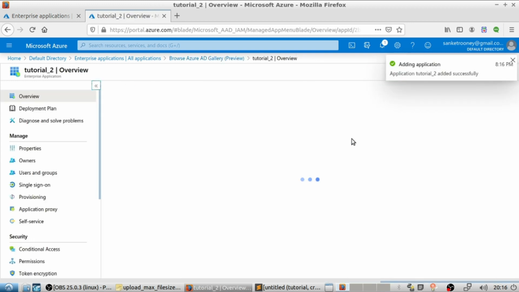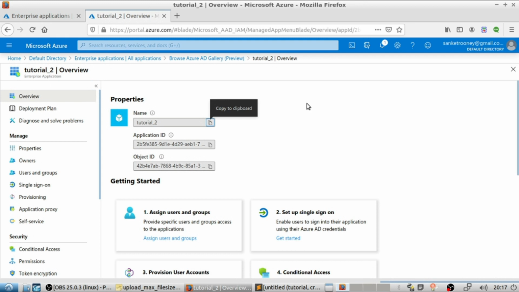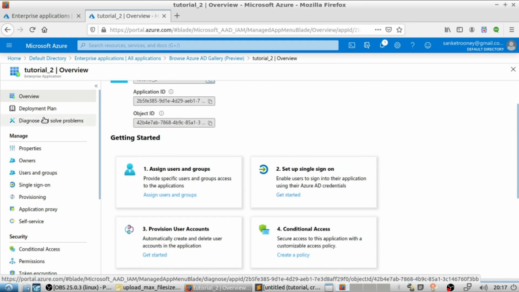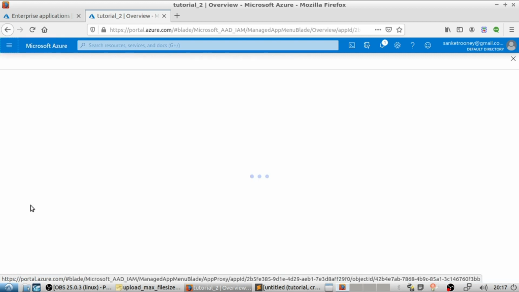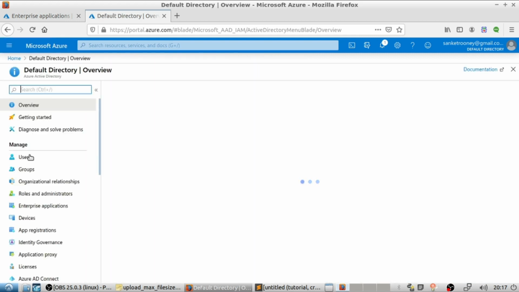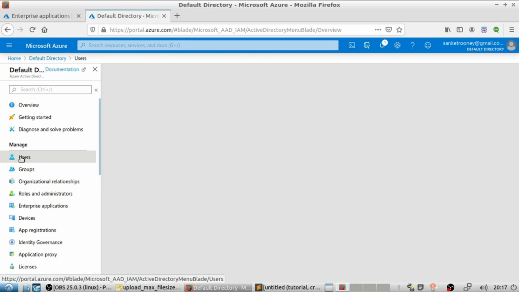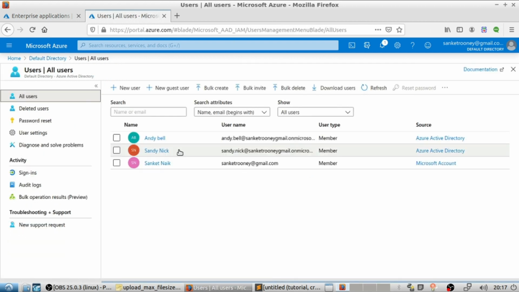Now we shall create users with subdomains for your friends, colleagues or clients. Go to the top menu, Azure Active Directory, then user, create new user.